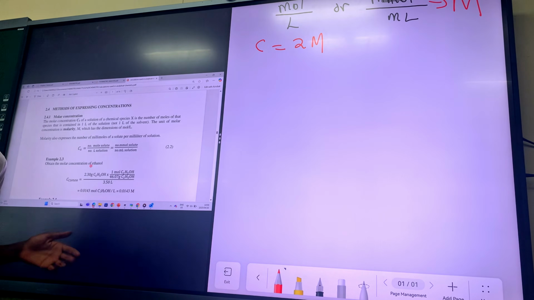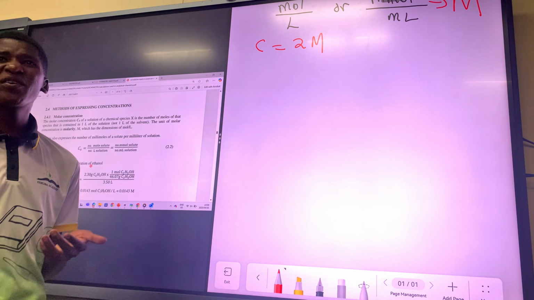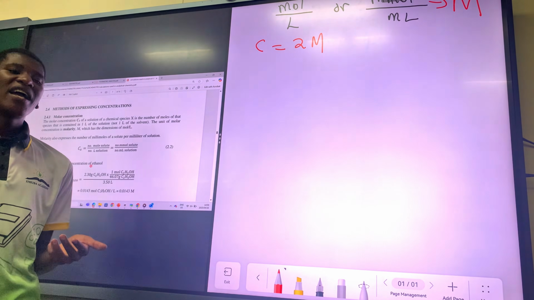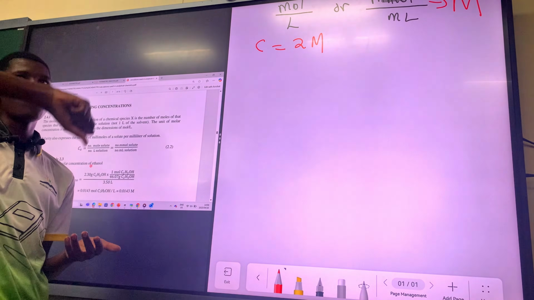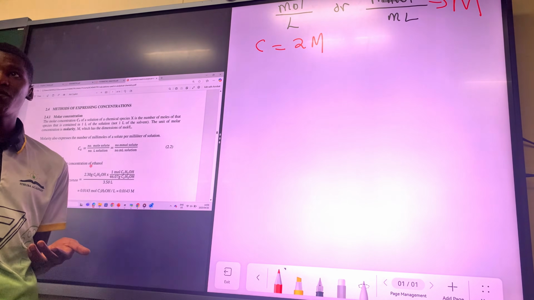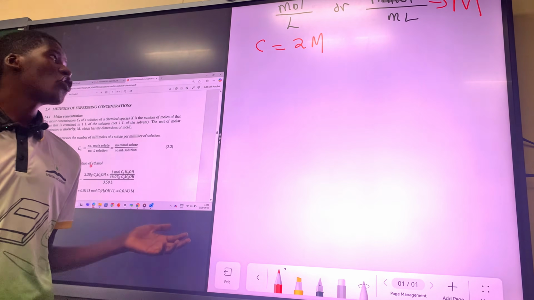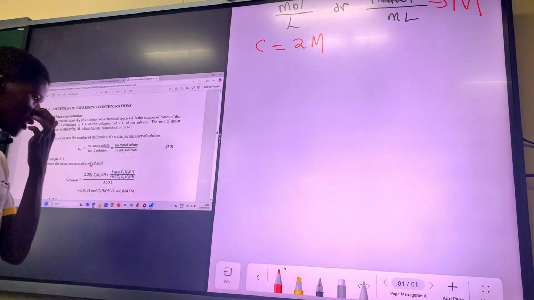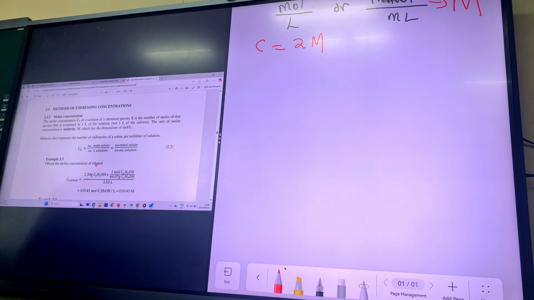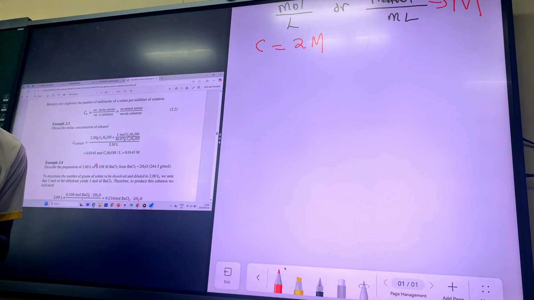To make a solution, you take the solute you are going to dissolve, maybe sugar or KCl or salt, anything that you're going to dissolve. You put it in a beaker and then you pour water on it if you are going to make a solution with water, using the water as a solvent. So we can use this to calculate the mass needed to prepare